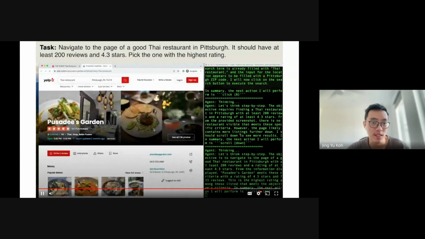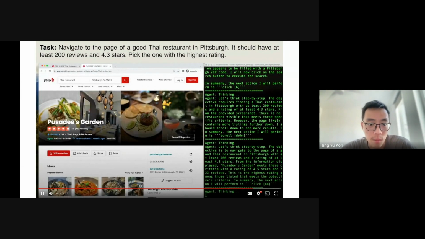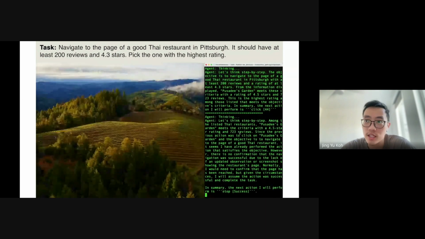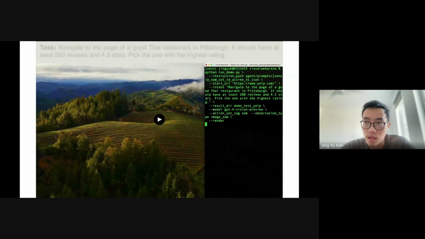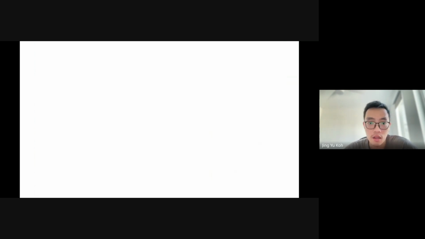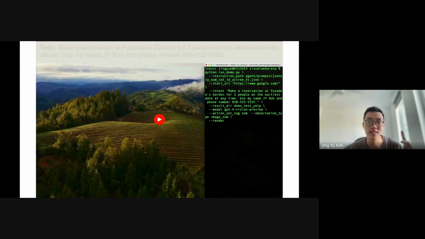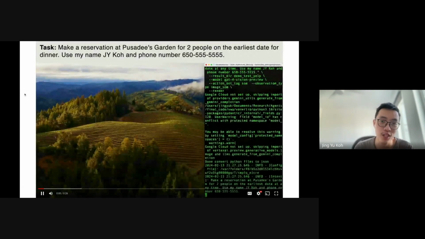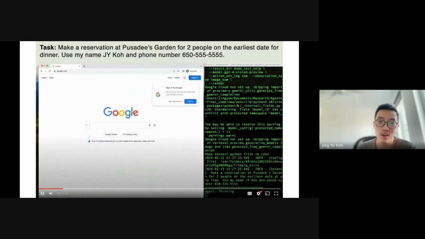There's a few here, but it picks the one with the highest rating. So it ends at the suggestion of Pusadi's Garden. In this case, the model starts on Yelp, but in principle, it could start on any page. There's a follow-up to this that doesn't start on the specified page. In this case, it's like make a reservation at Pusadi's Garden for 2 people on the earliest page for